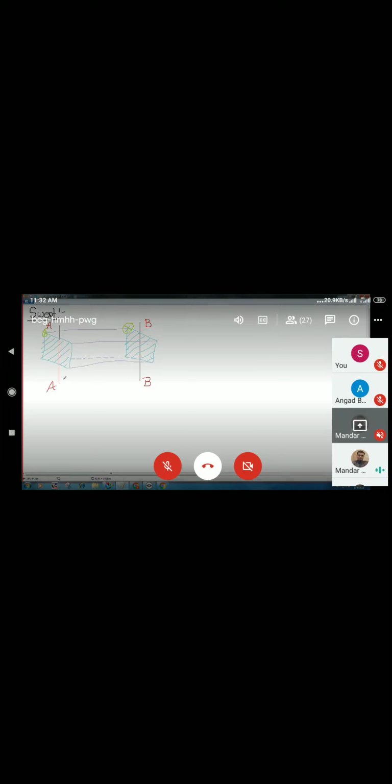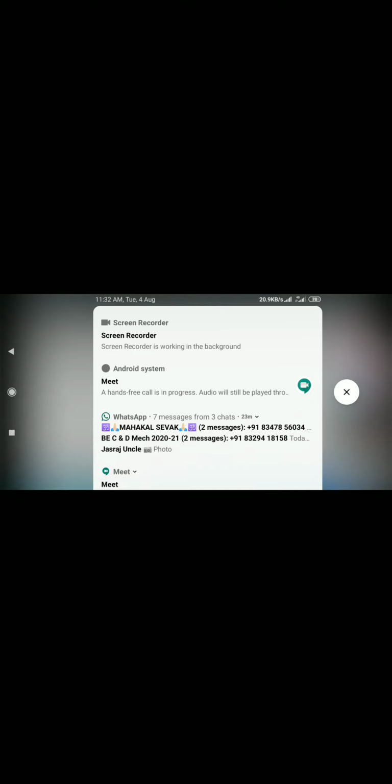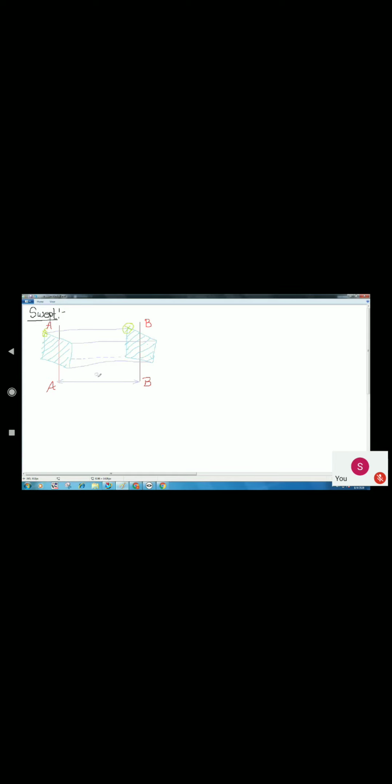The distance between these two planes is a parallel distance. Let's say that distance is 350. So, if you want to add a material between different sections, then follow the swept option.